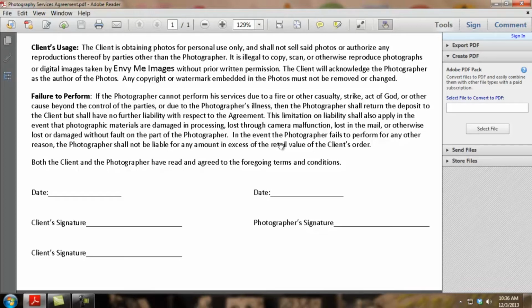This limitation on liability shall also apply in the event that the photographic materials are damaged in processing, lost through camera malfunction, lost in the mail, or otherwise lost or damaged without fault on the part of the photographer. And in the event the photographer fails to perform for any other reason, the photographer shall not be liable for any amount in excess of the retail value of the client's order. So the most I can owe is what the order was going to be.